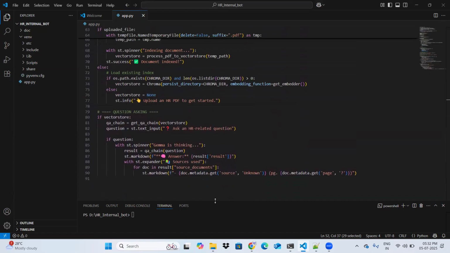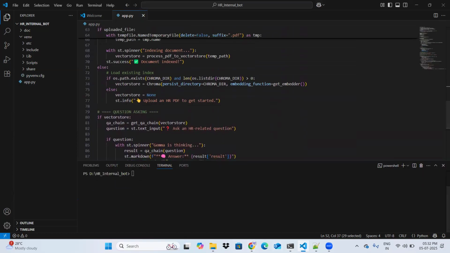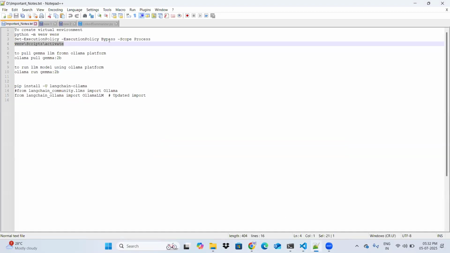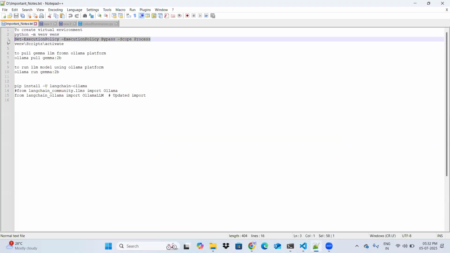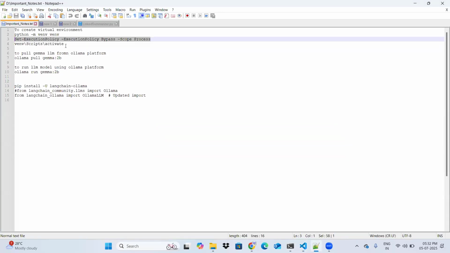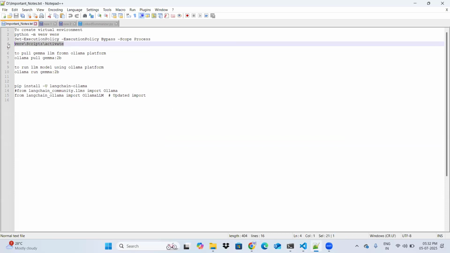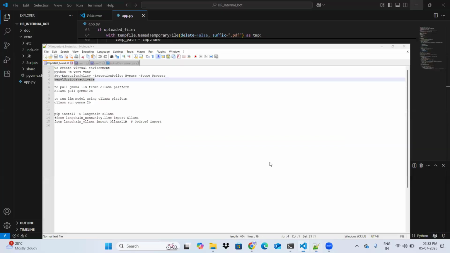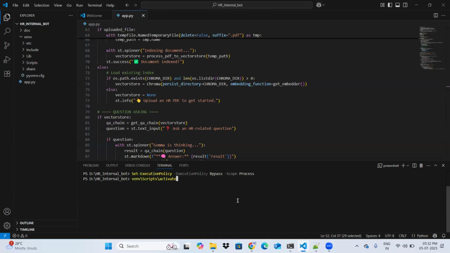Okay, so first I'll run my application and show you. I have created a virtual environment, so I'll be activating it first. So this is the command. Otherwise, my activation command for the virtual environment won't be working. So now this didn't work. And now I'm saying streamlit run